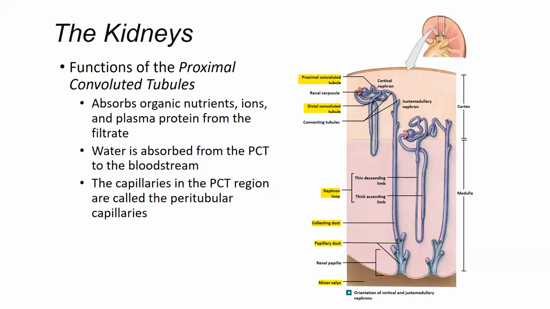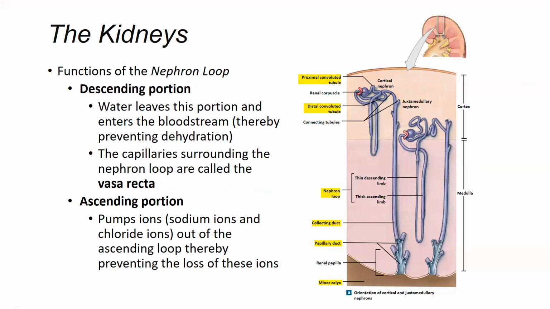So it says that they're called the peritubular capillaries? Yep. But you said they're associated. They're associated with the proximal convoluted tubule. The tubule is called the PCT. Oh, okay, all right. And those capillaries wrap very closely around the PCT. Okay. All right, moving right along, let's look at the descending portion of the nephron loop, or the loop of